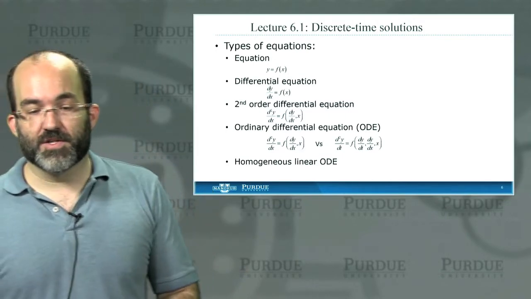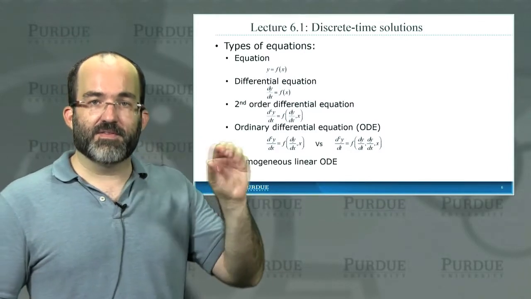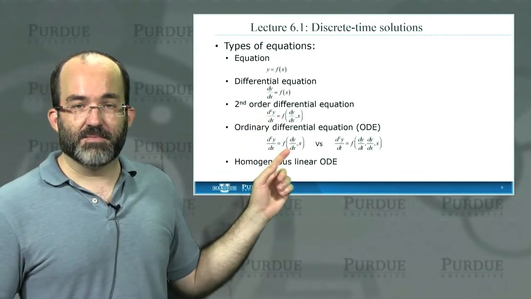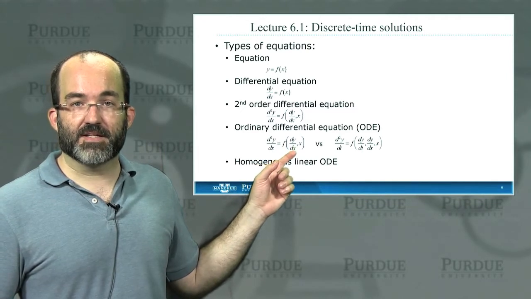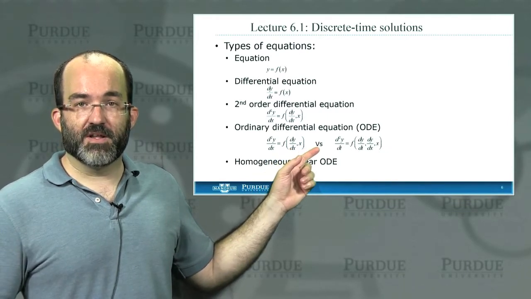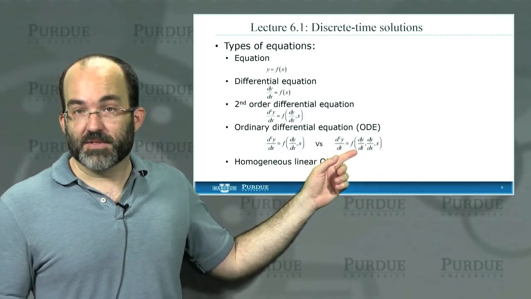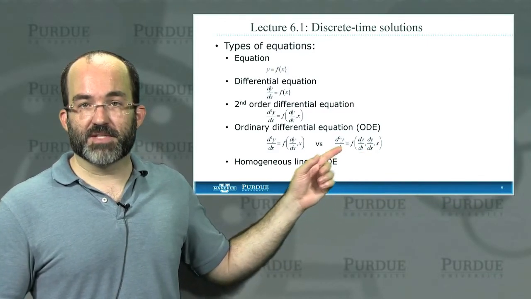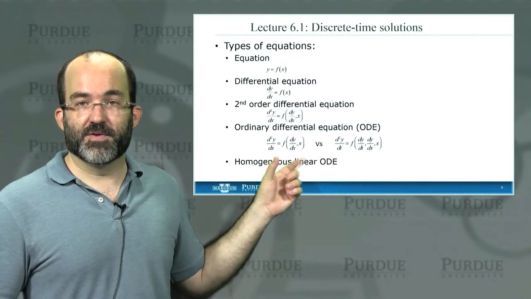An ordinary differential equation is an equation in which all of the derivatives are taken with respect to a single independent variable. So in this case, on the left, for example, you have the derivative of y with respect to x as a function of the first derivative of y with respect to x and x itself, versus a partial differential equation, which is when the derivative of y with respect to x is a function of the derivative of y with respect to, for example, t, and also the derivative of y with respect to x. So we have derivatives as a function of multiple terms, x and t here. That makes it a partial differential equation versus an ordinary differential equation where all the derivatives are with respect to